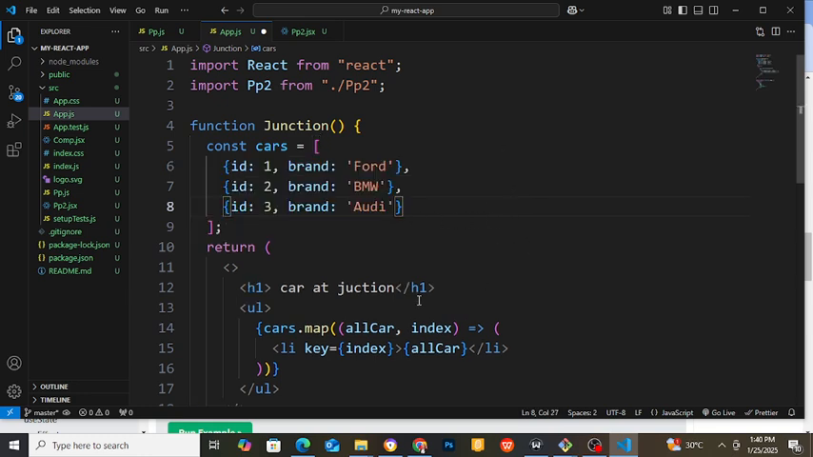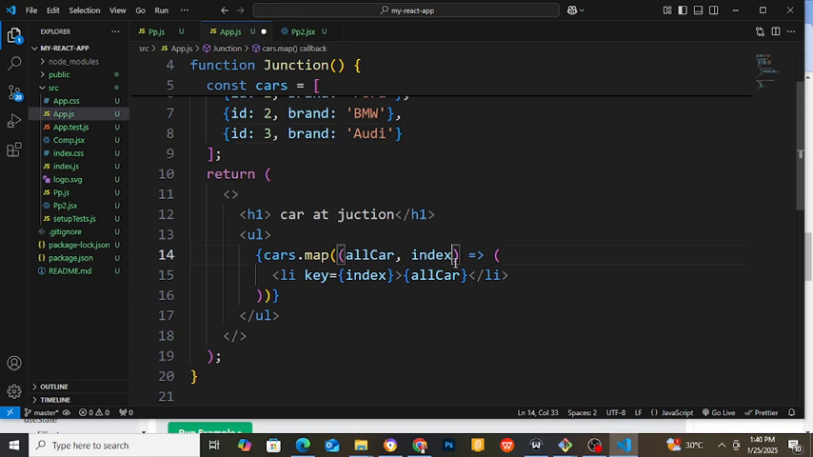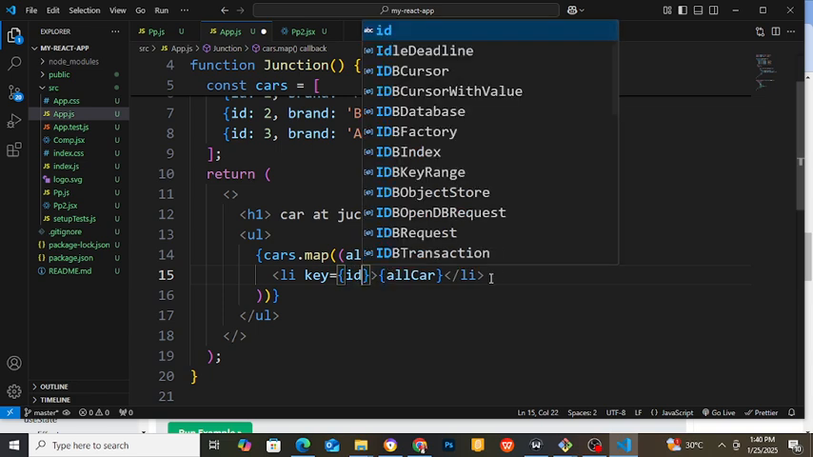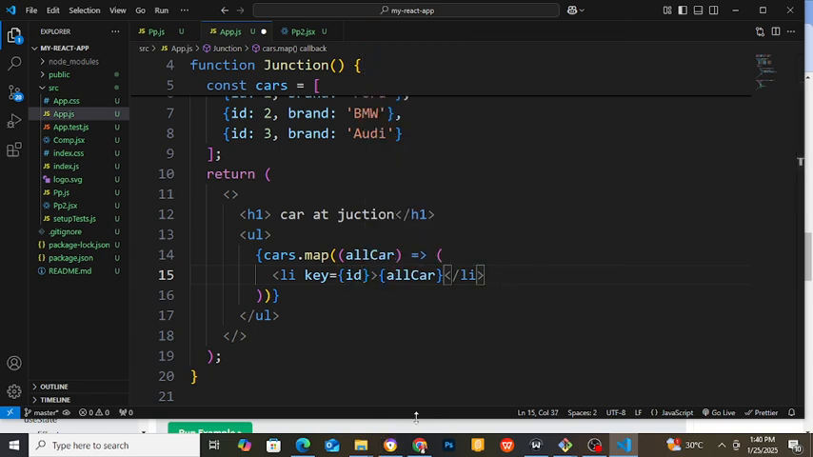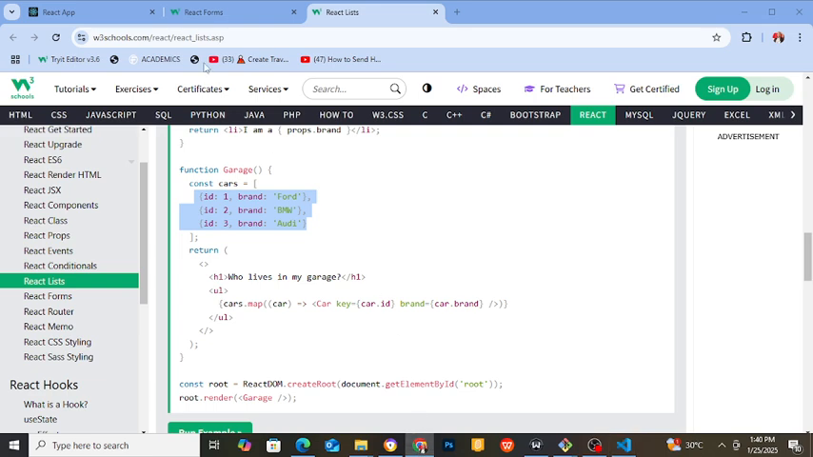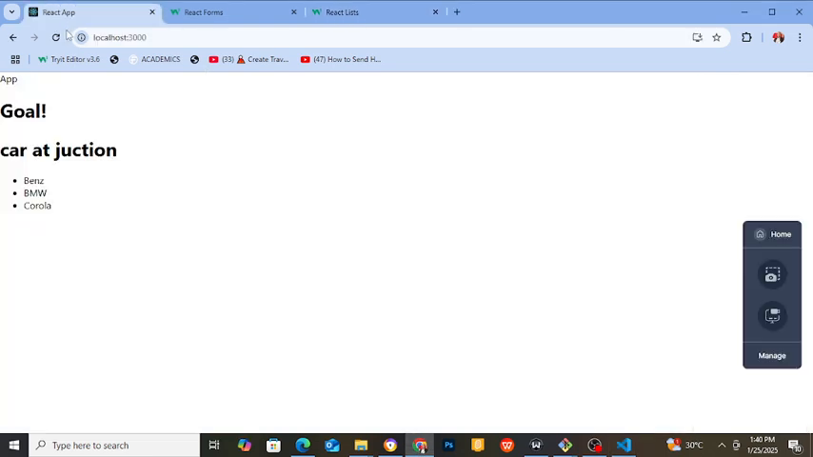Now you can see that this one is having an ID, so it doesn't need an index. I will have to remove the index. I only have all cars signed. Instead of having index here, I think it's just ID. I will have ID. So once I have the ID, we can easily access everything one after the other. So it's going to print them out with their ID. You can see,